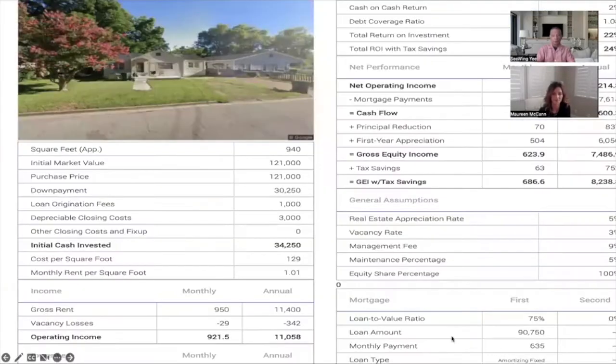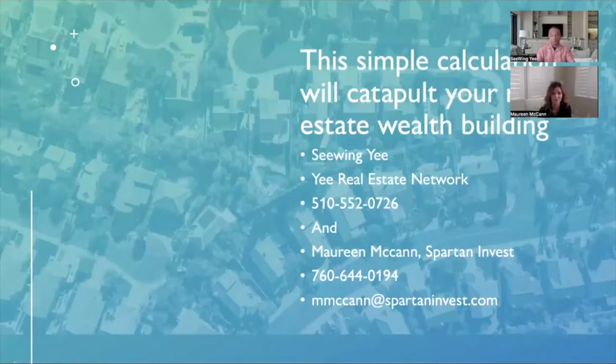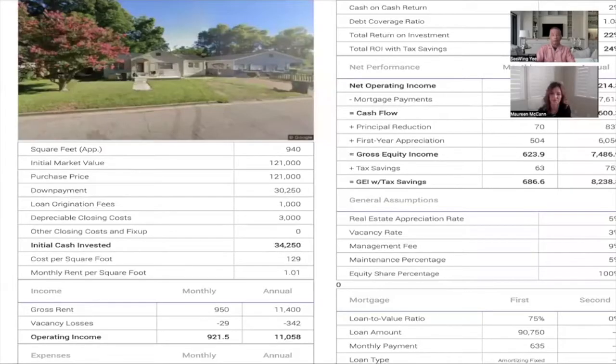So the title of this video is "This Simple Calculation Will Catapult Your Real Estate Wealth Building." And we're going to use this sample cash flow sheet, what we call, technically speaking, a pro forma, in case people are not aware. So I'm going to break it down, how easy it is